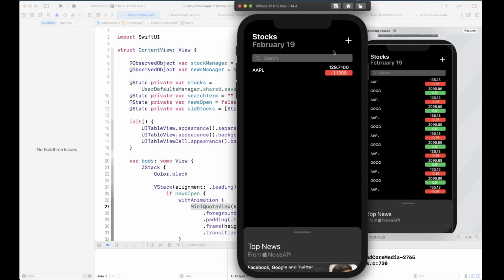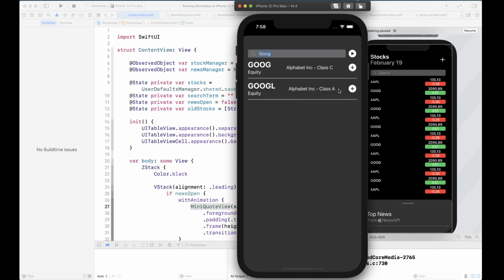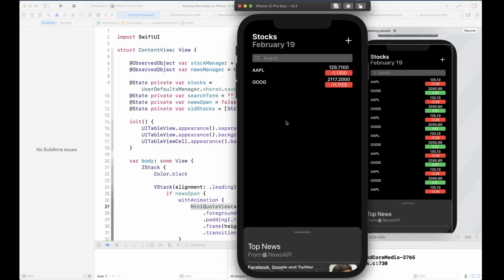So we have our Apple stock showing up, and next we're gonna search for Google, and there you go. Google is showing up. There are two. I think this is the main one, so I'm gonna add that and dismiss, and there we go.